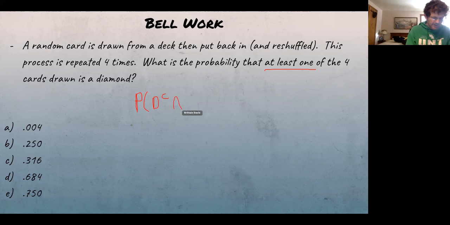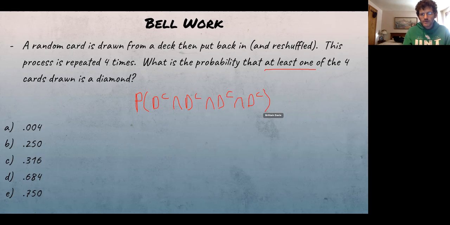Not getting a diamond, and not getting a diamond, and not getting a diamond, and not getting a diamond. And that is the only way we fail in this scenario. So if we fail at that, then the complement is going to be the probability that we succeed. So there we go. You can see it's a lot of complements in this. It's a very nice probability problem. All right, so each probability of not getting a diamond is going to be the opposite. So if we have a 1 in 4 chance of getting a diamond, we have a 3 in 4 of